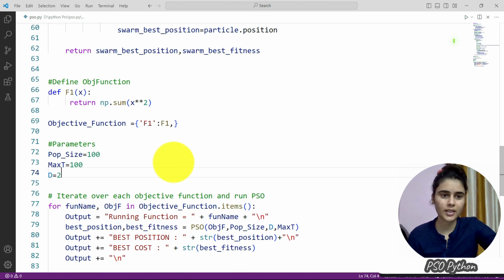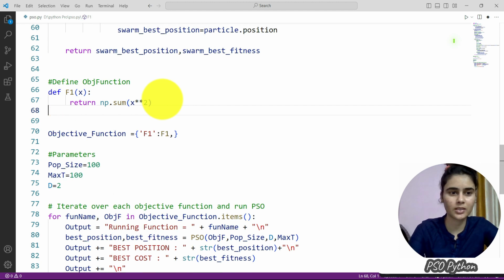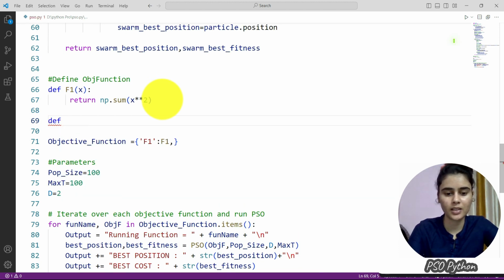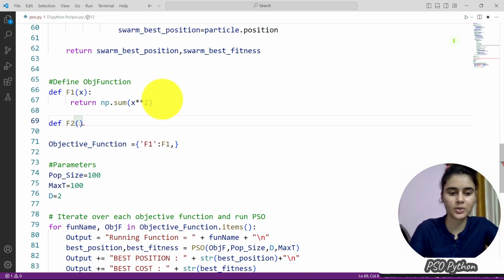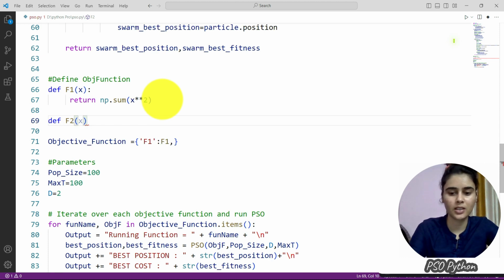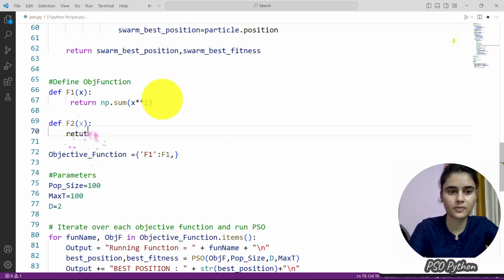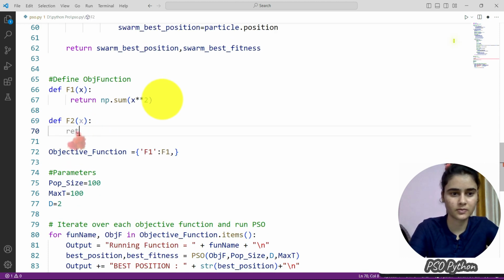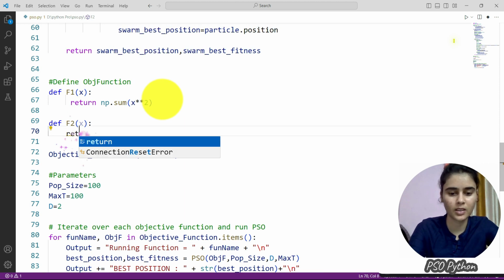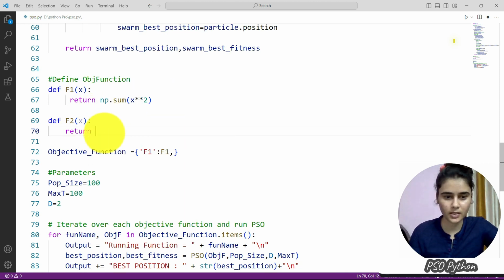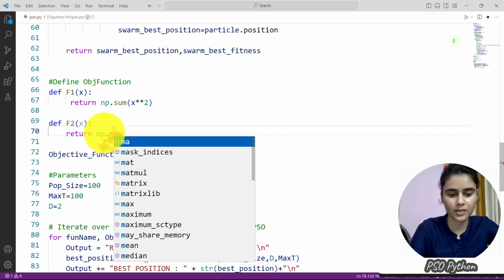So like that we can add here more objective function to define next function, that is F2. It will return np dot max.